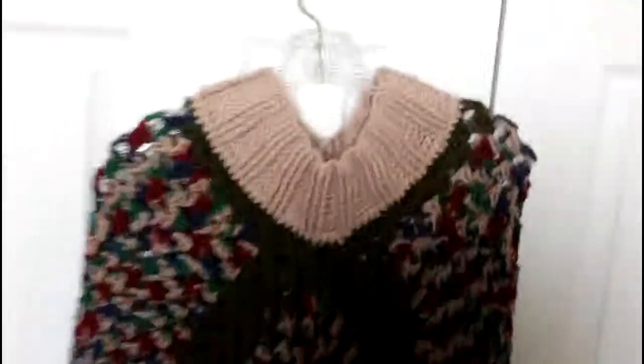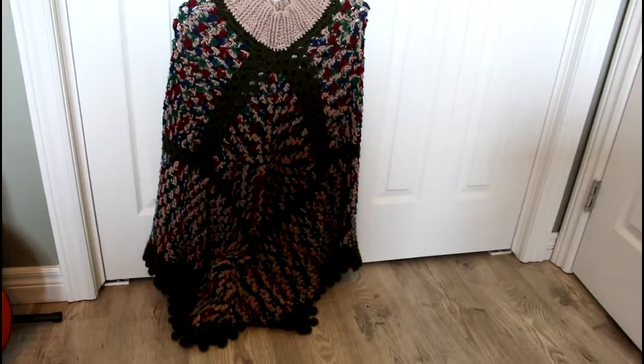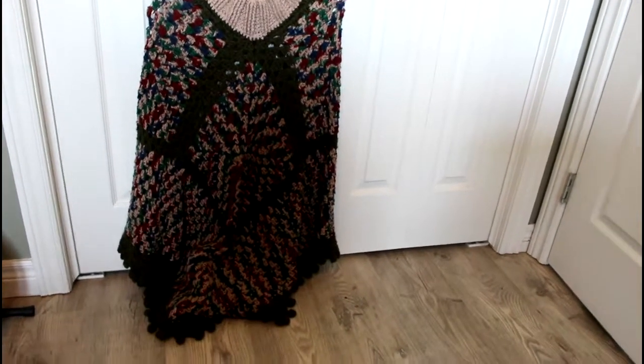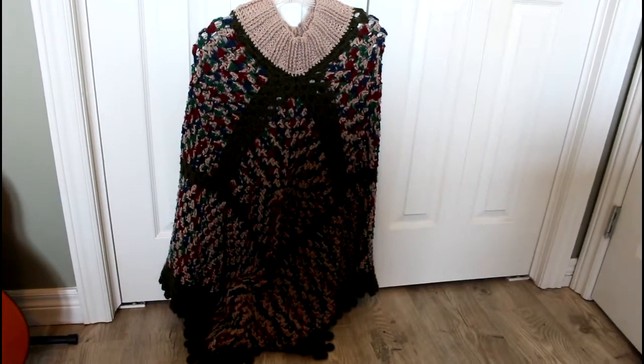And so my friends, here we go. I wanted to show you this is the end result of the 4 granny squares make a poncho video. This is a poncho I made for my husband some time ago, and unfortunately I did lose some of the original footage. I don't know what happened to it, but anyways, where I left the videos when I was making it, what you could see there is that